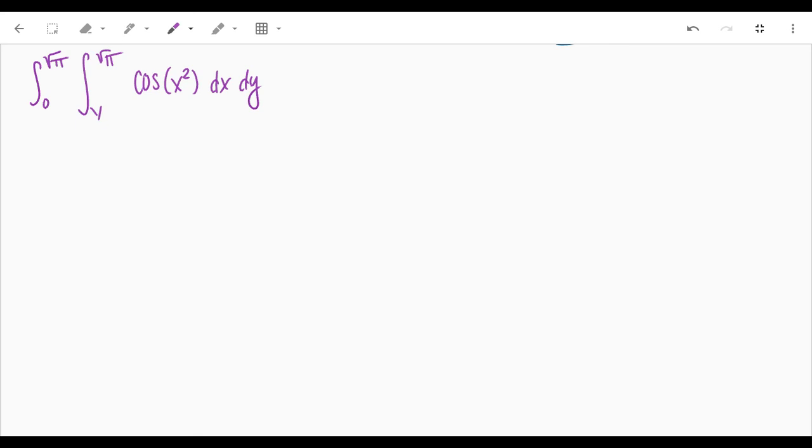So we have a boundary that is set up so that x is between y and square root of pi, and y is between 0 and square root of pi. Okay, so we don't get to choose how we're going to set up these bounds. We have to switch them in order for this to work. So if we sketch this out,